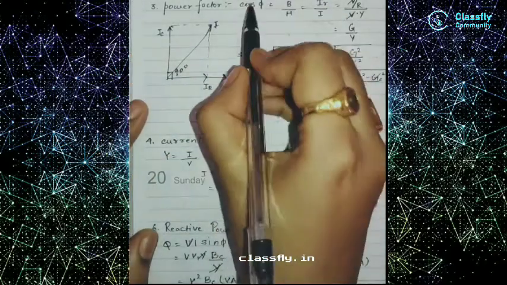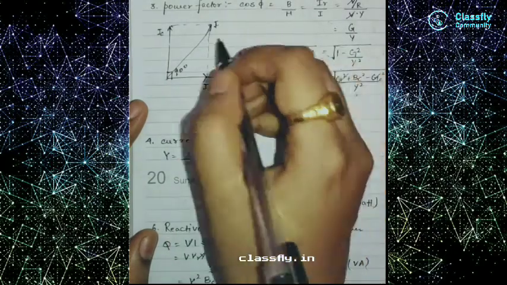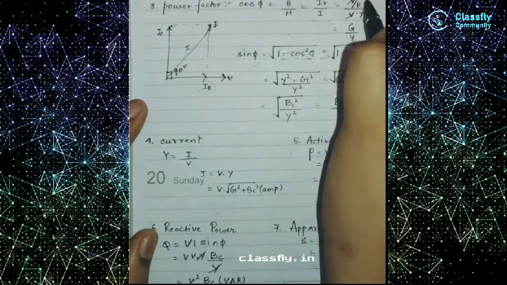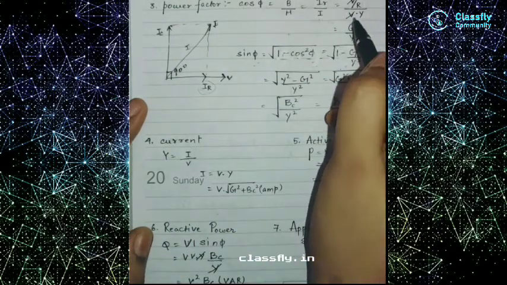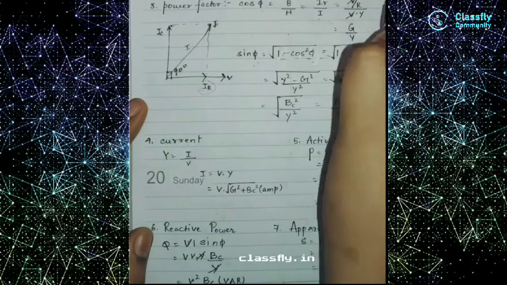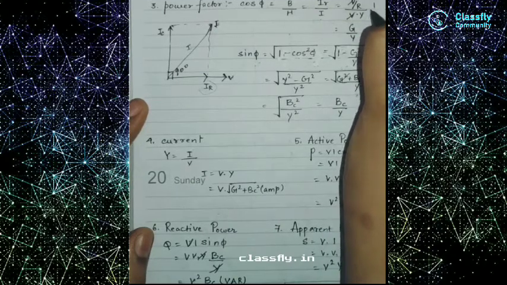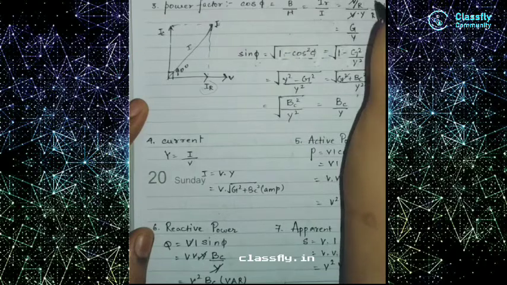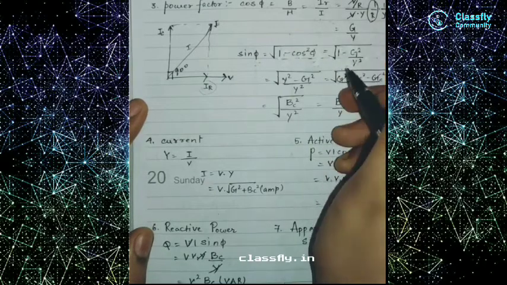So we know that cos phi is B by H. So this is our IR and H is our I. So we know that IR is V by R, and I we know as V dot Y, that is voltage and admittance. We get cuts, and we know that 1 by R is our conductance. This will be like this, 1 by R dot 1 by Y. So 1 by R is the conductance, so we get G by Y.